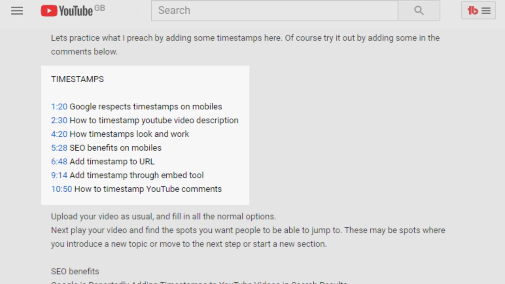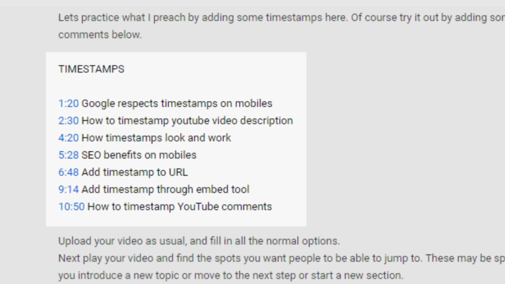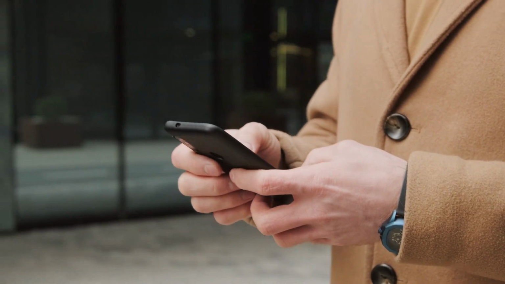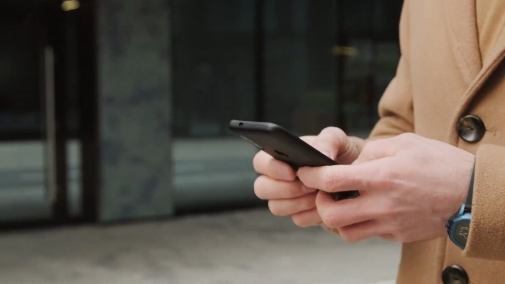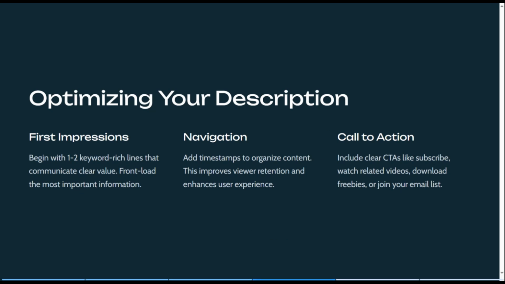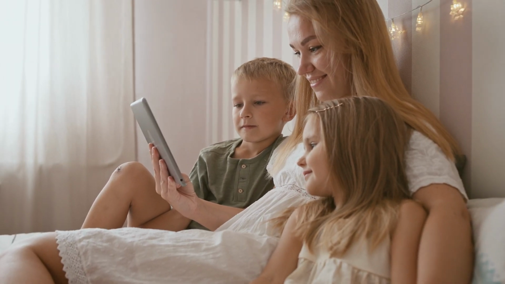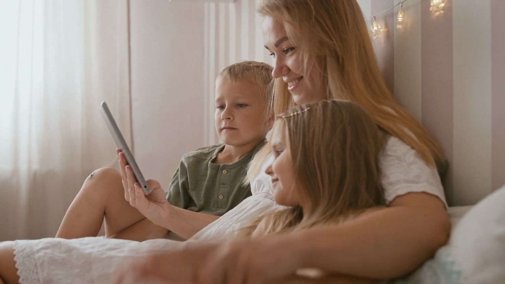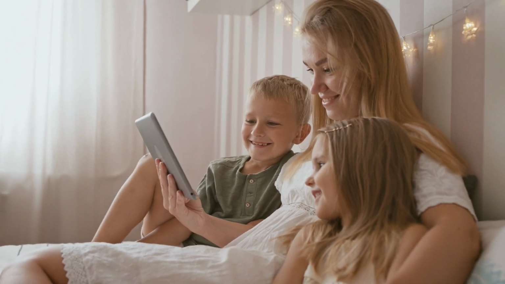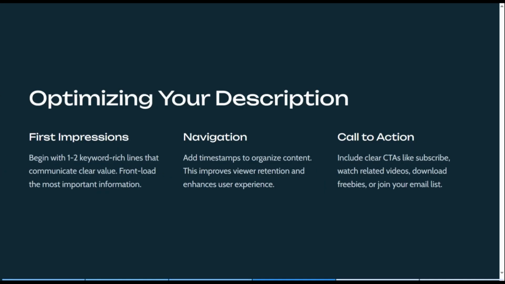Also, you can add timestamps, to enable your viewers to skip to the bit they want. Let's say some people already know much about thumbnails, so they want to know what else to fix. They can skip to the other part of your videos. It is better to skip to the other bit of your videos than to click off. Maybe they feel you're already saying what they already know. But when they can see the timestamps, they can see that this person is talking about this and this, and they already know the first two or the last two. They can skip to the juicy parts, which they don't know yet.